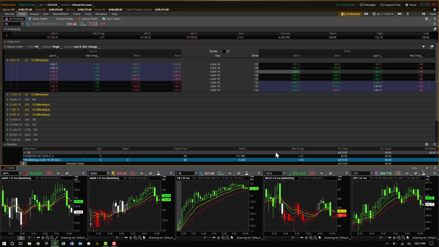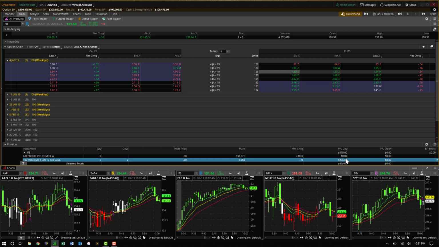Now, because this is the on-demand environment, this profit loss wouldn't exactly have been accurate. It would probably have been more like 440 or 450. That's just how on-demand works, it gives you the most optimal fill price-wise, which is kind of stupid if you think about it, because if you're trying to practice, you want to be as realistic as you can. But anyway,